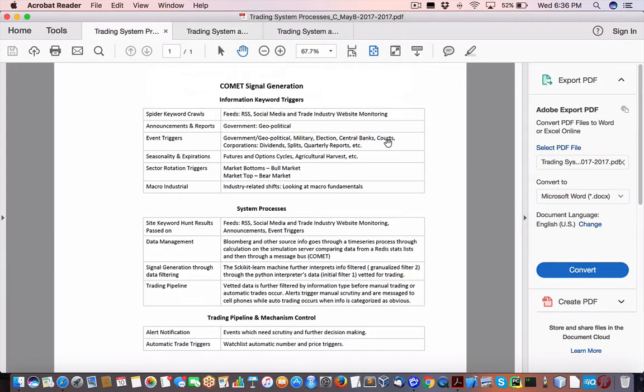is the signal generation. Now, there's so many different ways. This is just some of them for his system, it looks like. Obviously, spider announcement reports, event triggers, and I can fully agree with a lot of the government and some news event that can be predicted. Seasonality, definitely, and it obviously impacts your futures and options, which is a